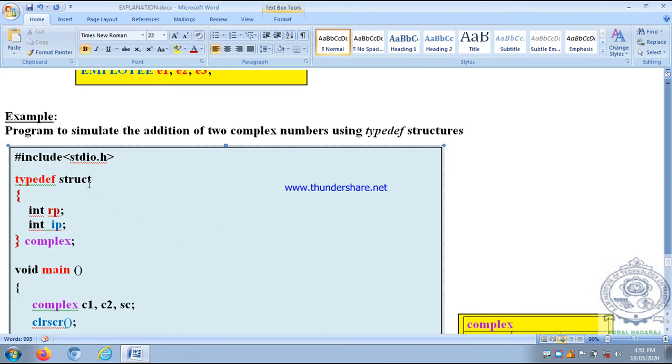So first we are defining a structure called complex using a type defined structure: typedef struct, int real part, int imaginary part, close, and the name of the structure or structure tag is complex, semicolon. So we have defined a complex structure with two members, rp and ip, both of data type integer.